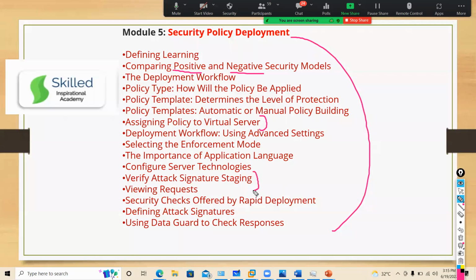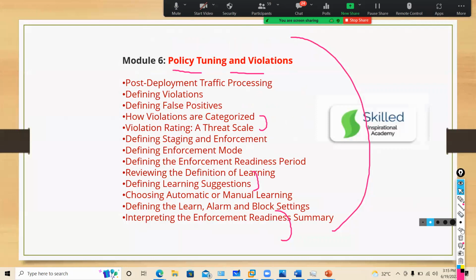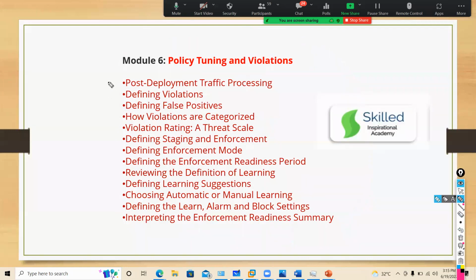We will talk about attack signatures, all these things in detail. Then a very important thing, fine tuning. What is a false positive? There are different types of violations. How will ASM categorize whether this is a true violation or a false violation?